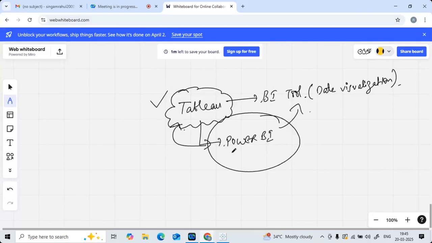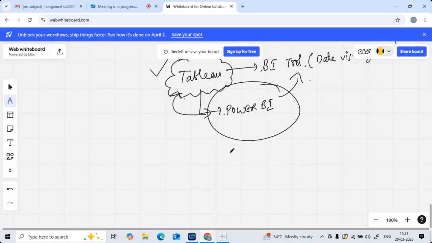What is the main purpose of utilizing the Tableau tool? Here also we are focusing on data visualization only. The importance of data visualization we discussed day before yesterday in Power BI. If I provide one table file to you, understanding the table output is a little complicated. But if I provide the same analysis report through visualizations, pie charts, donut charts, all those things, understanding is very simple, easy to understand, right? That is the reason you go with this tool called Tableau.